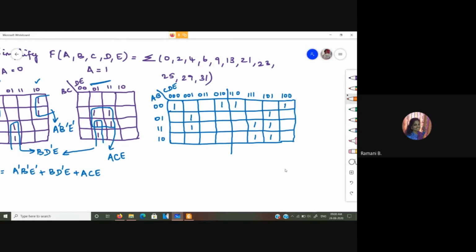So here, while grouping, I take this group first. So here this corresponds to A is equal to 1. So this is A. B is varying, so I leave it out. And here with these things, C is equal to 1 is common and E is equal to 1 is common. So this corresponds to the term ACE. Here we had the same thing. Okay. And then as you fold it, so if I am folding, I can have these two overlapped.